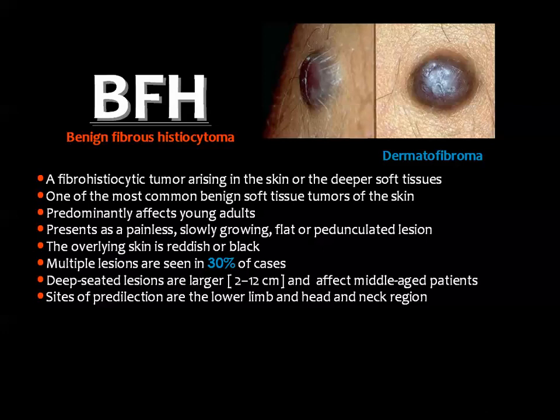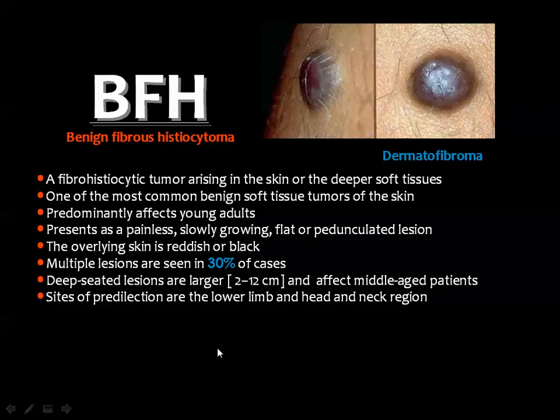Then we came to the benign fibrous histiocytoma, a tumor which usually arises in the skin or sometimes in the deeper soft tissues. It is considered in the literature as one of the most common benign soft tissue tumors of the skin, and it is seen in young adults. It's usually painless, slowly growing, and may be flat or pedunculated. The skin may be red or black, as you can see here, and multiple lesions are seen in about 30%